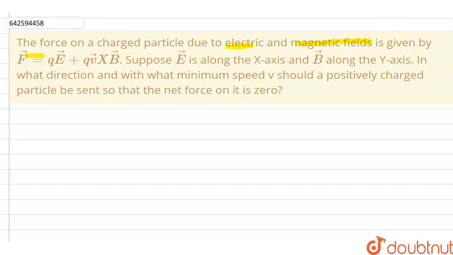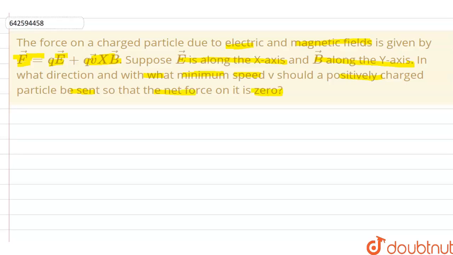In this question, the force on a charged particle due to electric and magnetic fields is given by F vector is equal to qE vector plus q v cross B vector. Now suppose E vector is along x-axis, B vector is along y-axis. In what direction and with what minimum speed v should a positively charged particle be sent so that net force